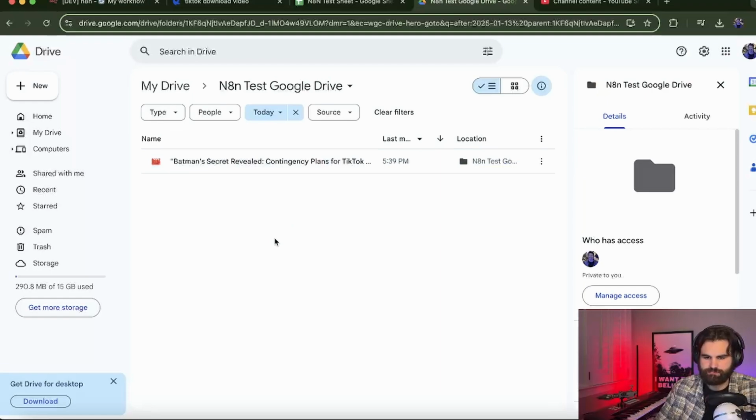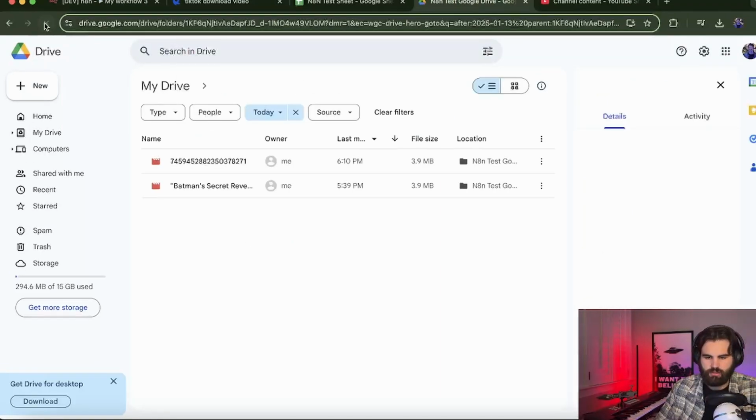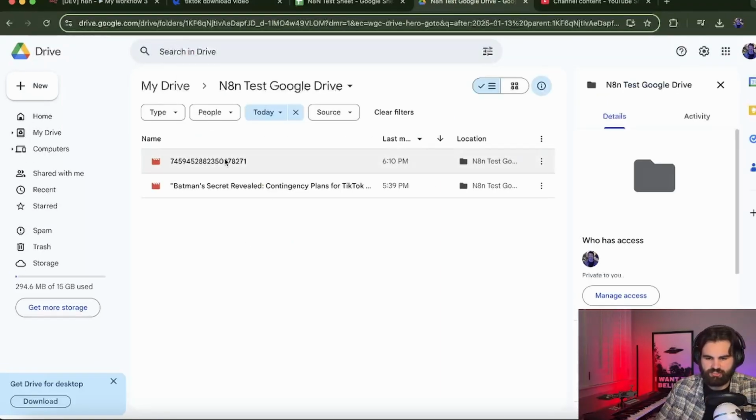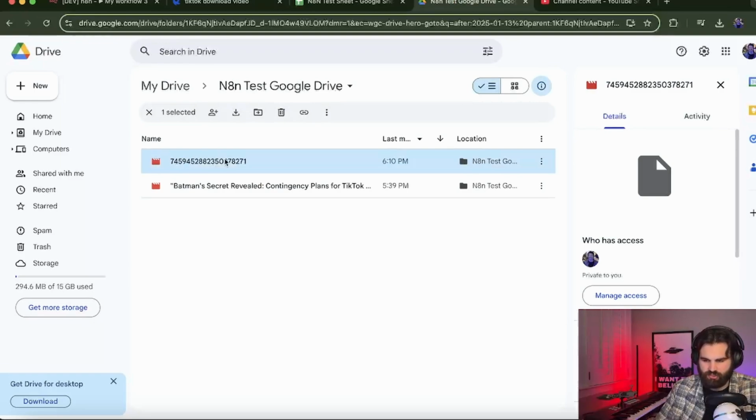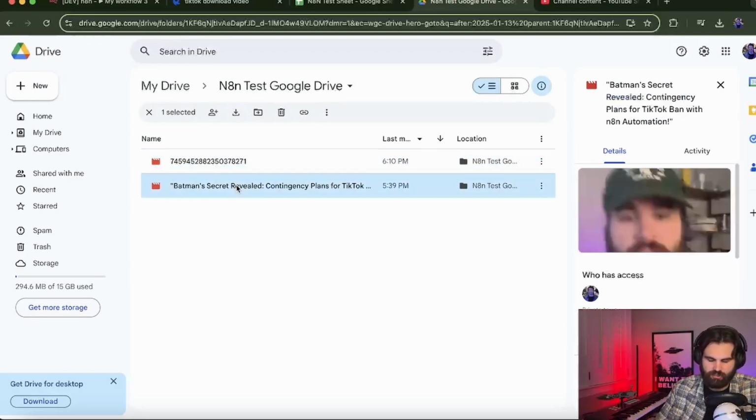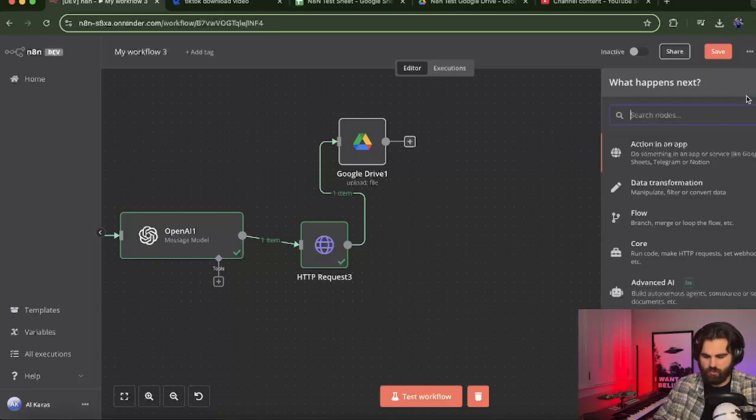And we'll go in here. And once I refresh it, as you guys can see, we get a new video uploaded. So that's perfect. And it'll take a second, but as you can see with the first one I tried, it's in there. Now that we have our Google Drive node updated, we're going to go ahead and add in the